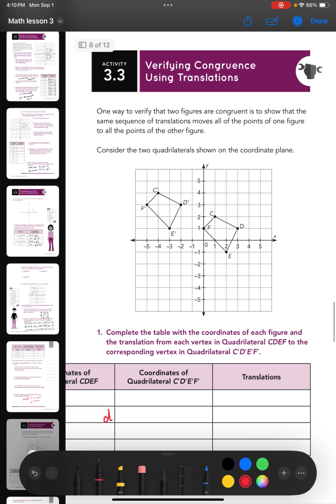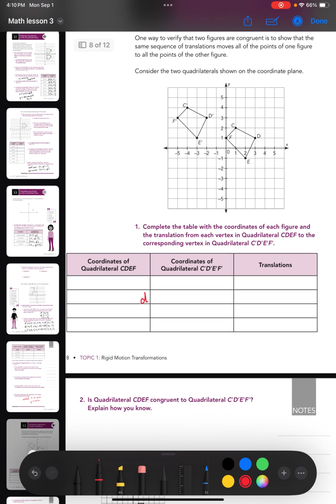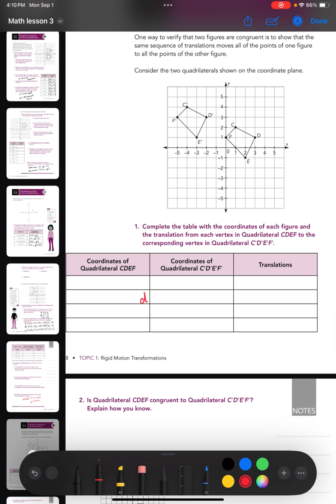All right, moving on to Activity 3.3, verifying congruency. One way to verify two figures are congruent is to show that the same sequence of translations moves all the points of one figure. They gave us two quadrilaterals here. It wants us to write the coordinates of CDEF, the pre-image, and then the coordinates of the new image. If we do that for CDEF, the original pre-image,